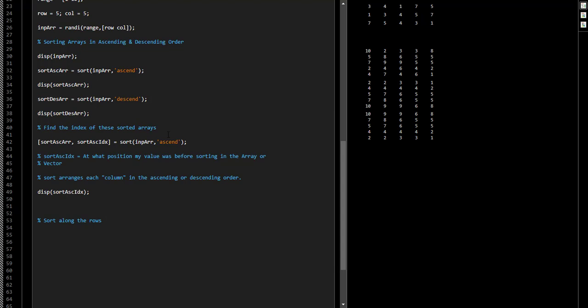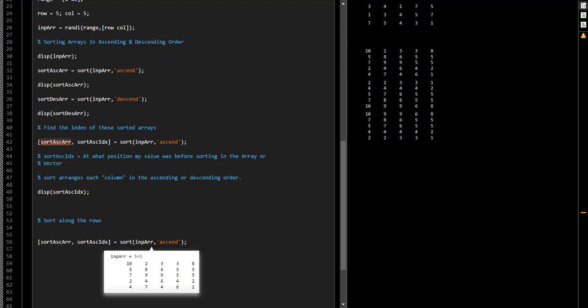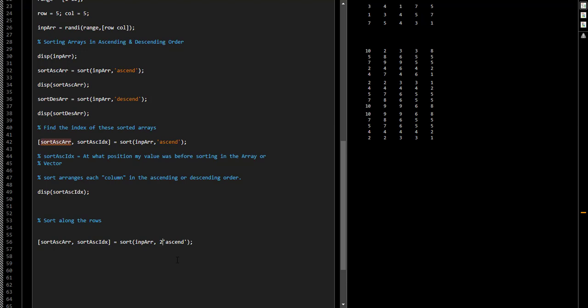Then I'll take this ascending sort, the same thing. I'll put it here, and I'm going to tell MATLAB that it can sort along the row. So when I give this direction, I'll put sort direction equal to 1